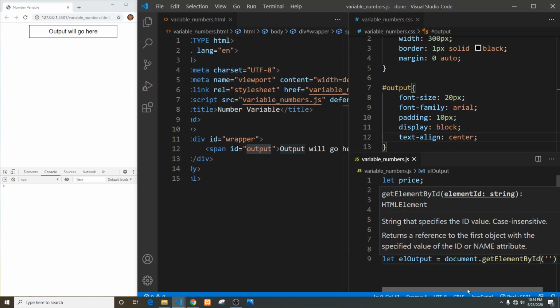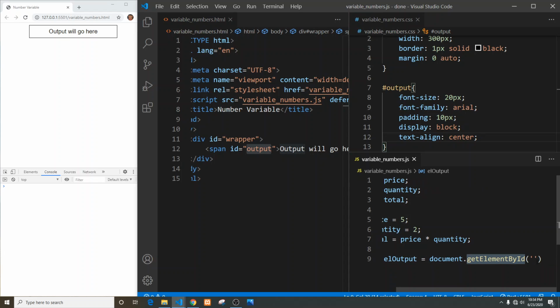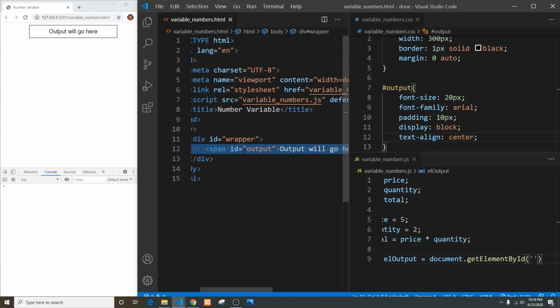Here is our actual method of the document object, and it does take an argument, and that argument is going to be the name of the ID that we're trying to reference